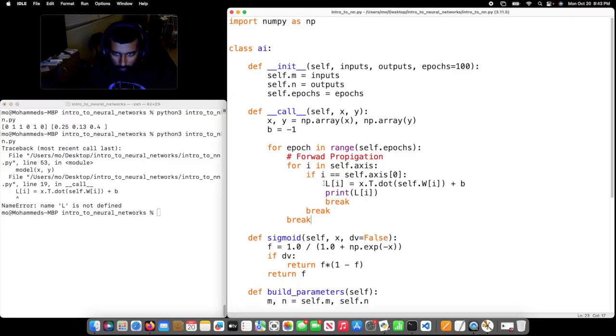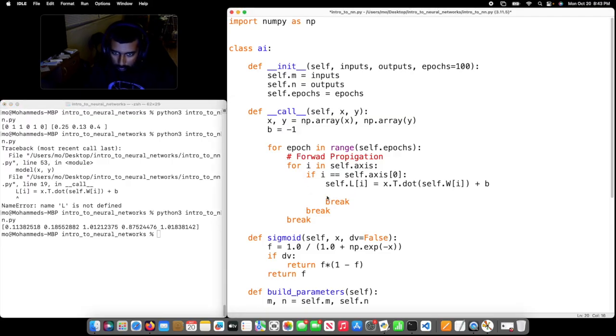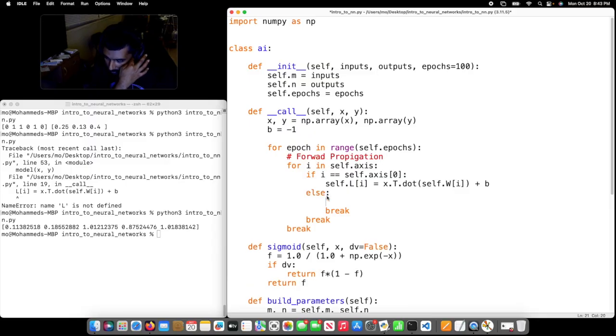L is not, oh right, what am I doing? Self dot L. And this is supposed to be self dot L. So these are accessible outside of the class. Okay, good, so it passed through. So I'm going to now do else. So this time it's going to be,